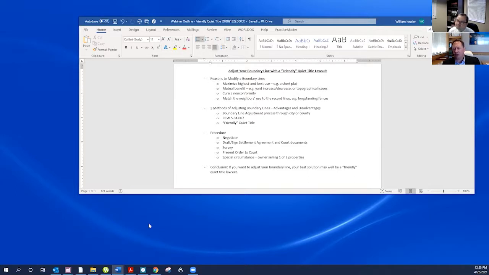You'd make this application, and what you're doing is you're saying, city, please adjust the boundary line. And so they charge you a fee, they take whatever time they take, and then at the end of the day, they either grant your boundary line adjustment or they don't. So the length of time is a downside.